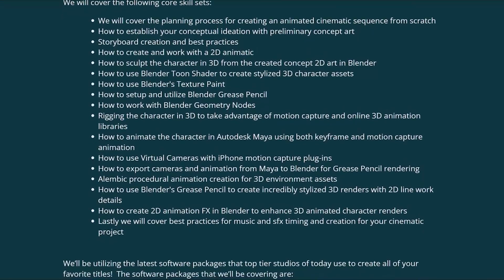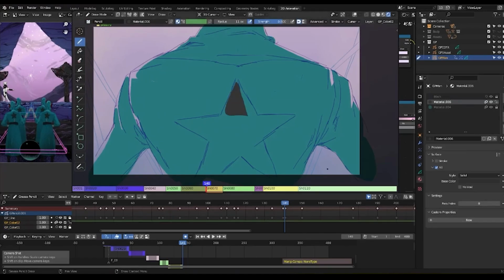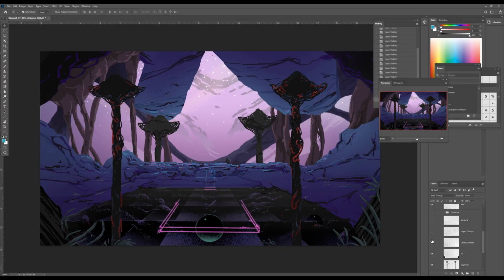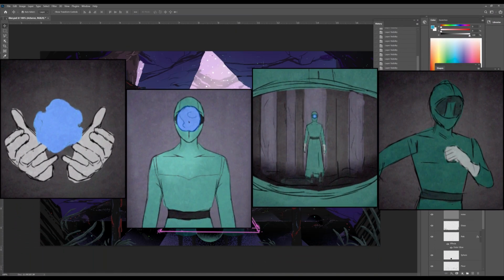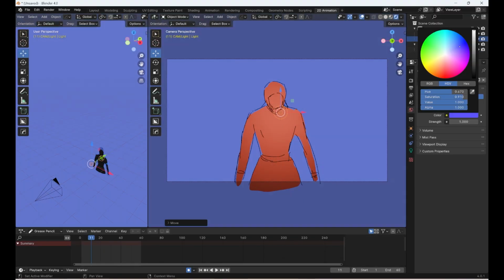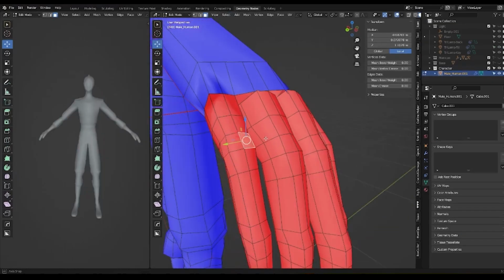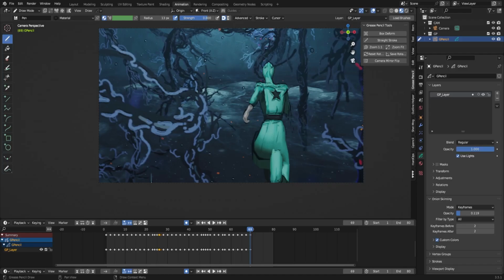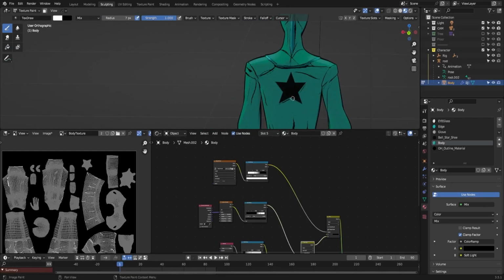We'll cover the following core skill sets: the planning process for creating an animated cinematic sequence from scratch, how to establish your conceptual ideation with preliminary concept art, storyboard creation and best practices, how to create and work with a 2D animatic inside of Blender, how to sculpt a character in 3D from concept art with Blender, how to set up and utilize Blender Grease Pencil, how to use Blender's Grease Pencil to create incredibly stylized 3D renders with 2D